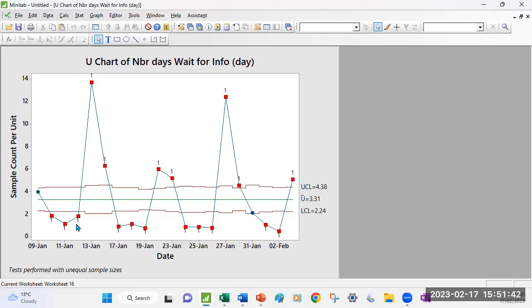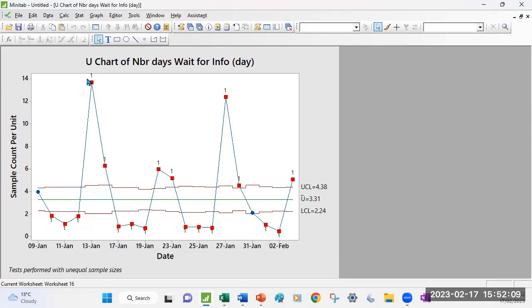From the standpoint of where the data points are, clearly rule 1 is broken very consistently. So you have most of your data points more than 3 standard deviations from the center line, which definitely articulates the point of excessive variation that needs to be investigated. You also notice again that we seem to have a bit of a pattern. So there's potentially some cyclicality in here. But